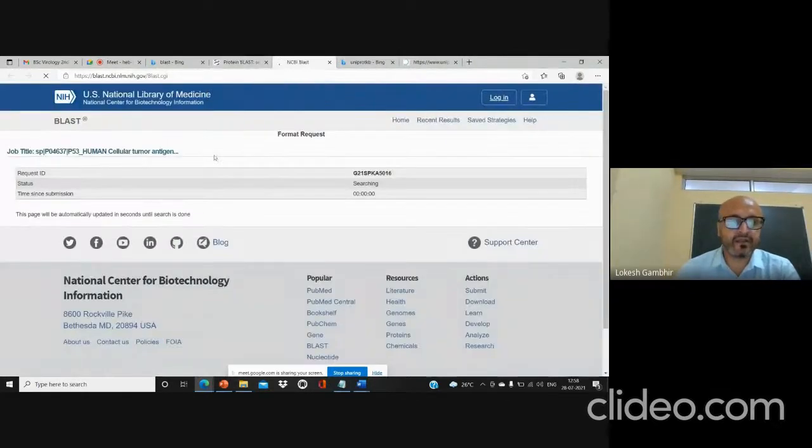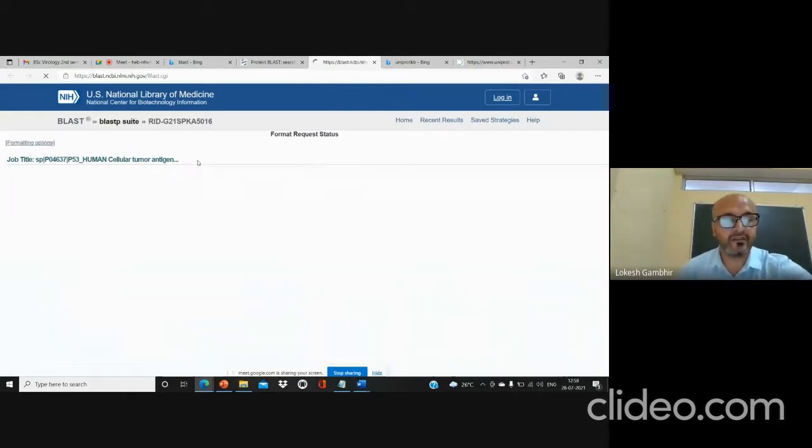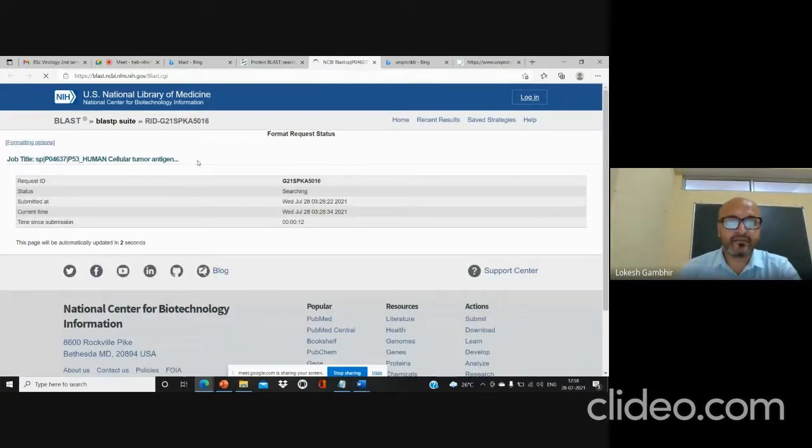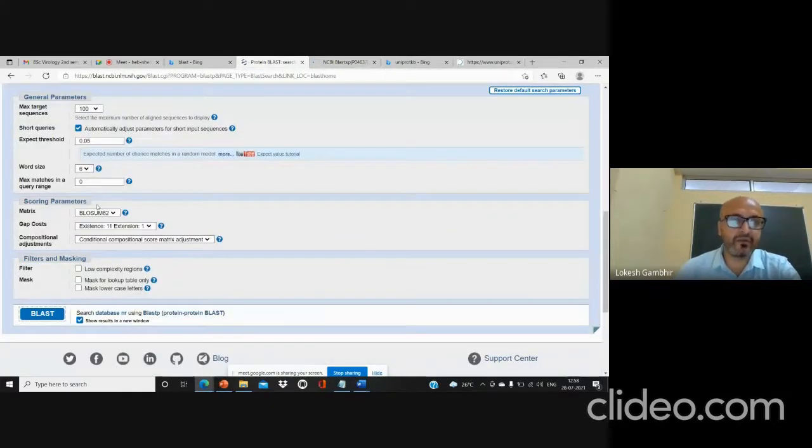So this is how the complete pending state is given. If you have initiated the BLAST, it will take certain time to perform the alignment and then give you the best result. And then based on its searching, it will keep on updating you. Meanwhile, when it performs the alignment, let us go back to the BLAST window.